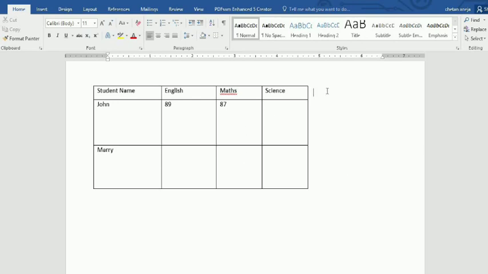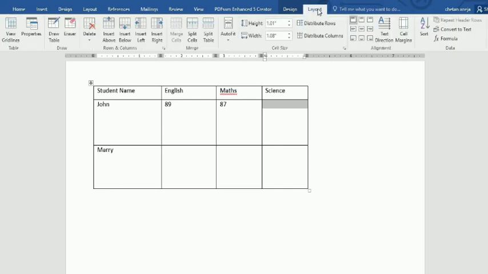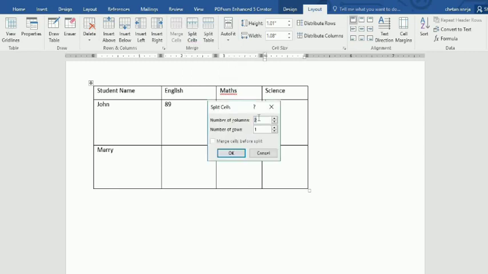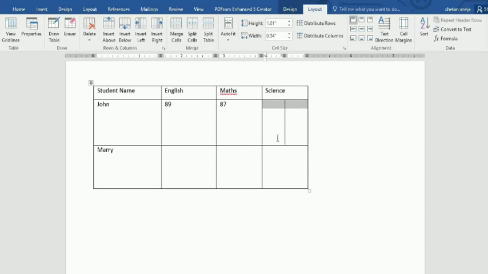So now in last I will tell you that if I want to divide this one cell into 2 cells, what I will do, I will just simply click on the cell. All the options are present on the layout tab. Remember this. So on the layout tab, I can see the split cell option. I'll go to split cell. Now it is asking me how you want to split it, column wise or row wise. I am going to split it column wise, in 2 columns. See, as you can see now my cell is divided into 2 columns.